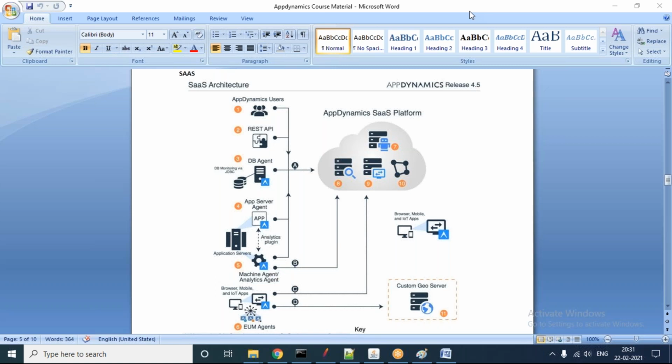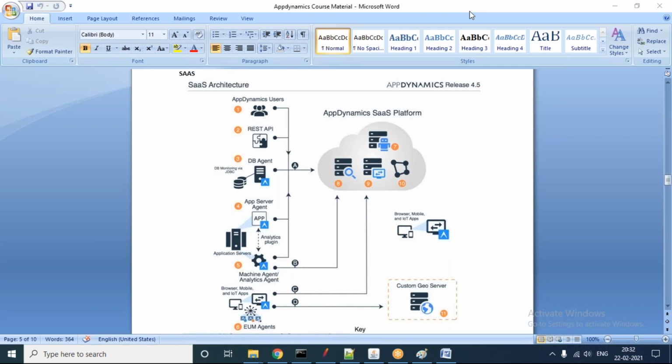Clear, guys? Everybody able to differentiate the on-premises and SaaS model? So that is the reason for what is happening nowadays. Even the AppDynamics vendor is not promoting the on-premises model greatly unless it is on a need basis. They encourage the SaaS model because that is where they get more revenue.